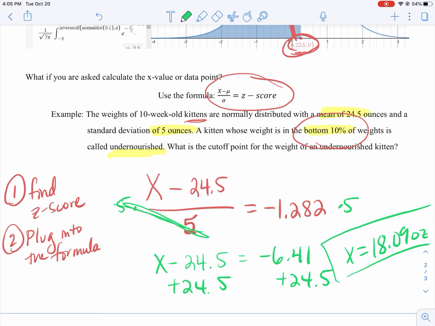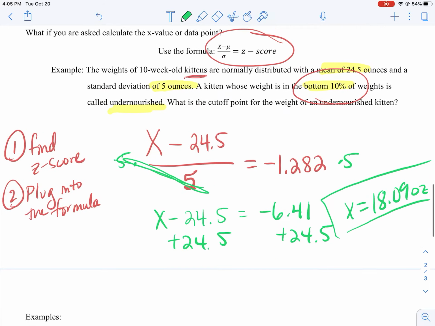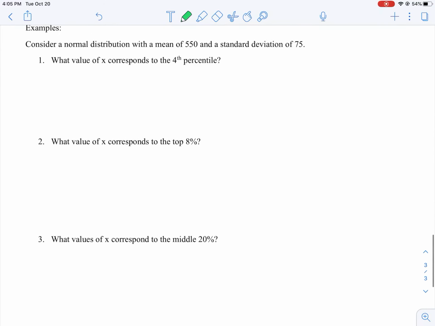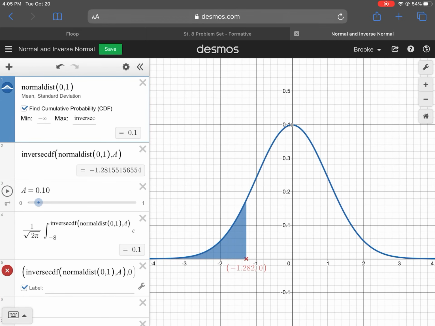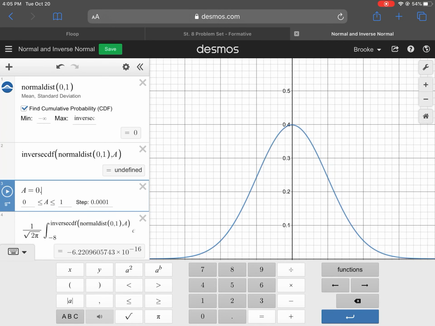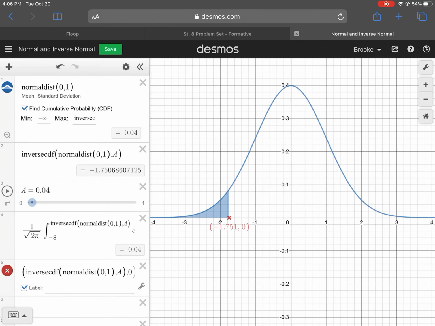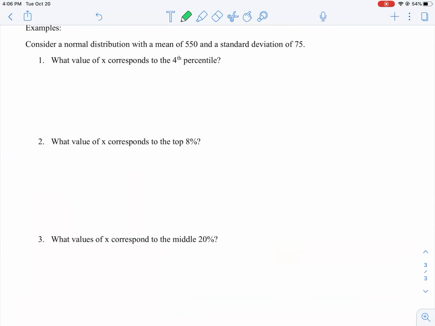All right, so let's go ahead and go into these next 3 questions. So I kind of pull it all together. I ask you each one of the percentage questions along with finding the data point that goes with it. So let's say it wants the 4th percentile. It doesn't say the top. It just says the 4th percentile. So the 4th percentile is going to be 4%. Remember, that's 0.04. And when I look, that's negative 1.751. So my z-score